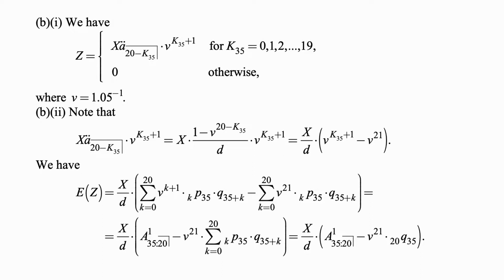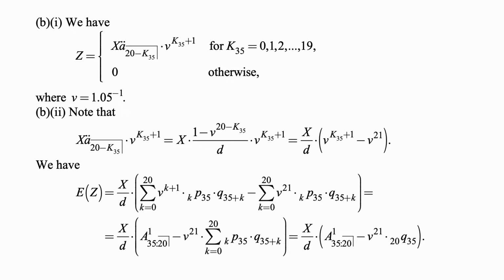For Part B, Part 2, we note that X times A double dot angle 20 minus K35 times V to the K35 plus 1 is X times 1 minus V to the 20 minus K35 over D times V to the K35 plus 1. And that's X over D times V to the K35 plus 1 minus V to the 21. And the expected value of Z is therefore X over D